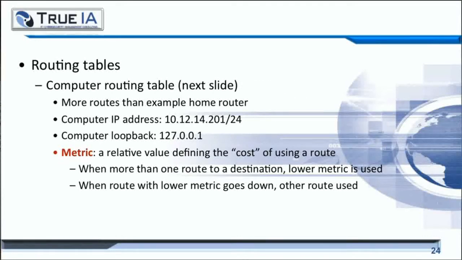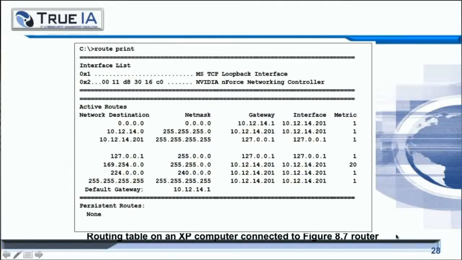So when making these decisions, they're all based on relative cost. The relative value of a route is called the cost. When more than one route to a destination is available, the lower metric is used. When the route with the lower metric goes down, then an alternate route will be used. So here we see the routing table on a Windows XP machine. The way this works is Windows machines read from the bottom up, going through all local addresses before going out